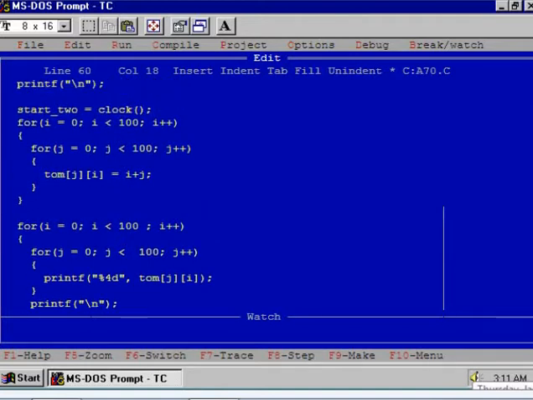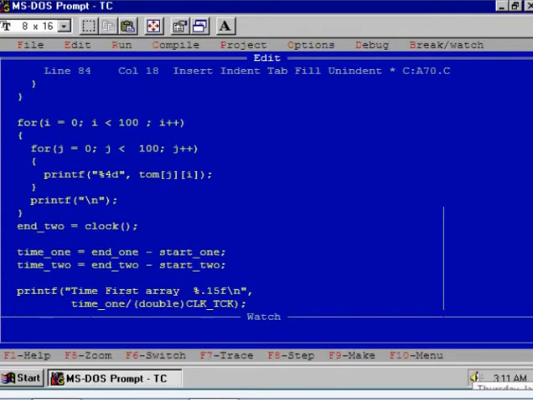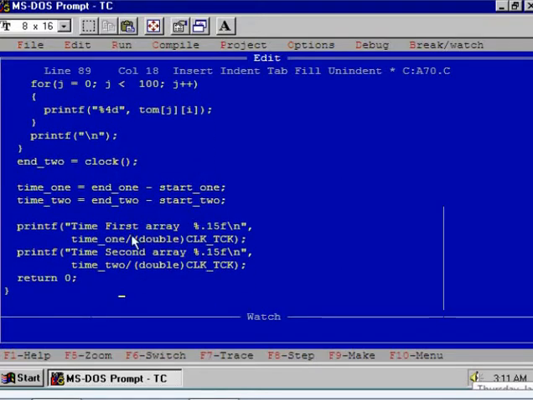Now you see the first for loop here. In this for loop, what we are doing is that here Tom[j][i], instead of [i][j], I have written [j][i]. And again while displaying I am using [j][i]. What is the significance of this? I'll explain in a moment. Here also I have measured time, and at the end time1 is equal to end1 minus start1, so we'll get the time for the array Sam, for initialization as well as for displaying, and time2 is the time required to initialize and display array Tom.